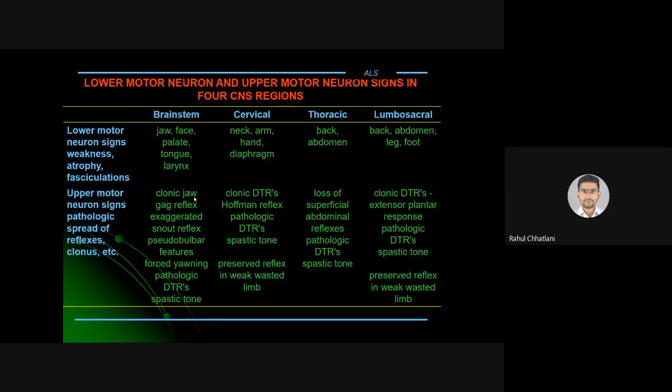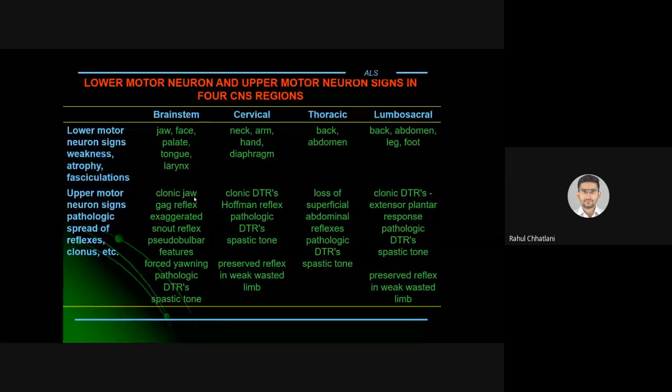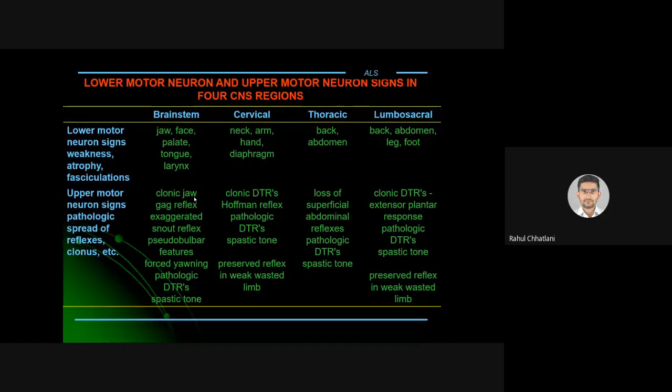Pathological deep tendon reflexes and spastic tone. Exaggerated reflexes will be there, more than 2+ grade in the scale that we have already described during assessment, and there will be spasticity checked through the modified Ashworth scale. For the cervical region, clonic deep tendon reflexes will be there. Hoffman reflex will be there. Pathological deep tendon reflexes, spastic tone, preserved reflex in weak wasted muscles. So whichever muscles are affected, the muscle mass specifically, you can see